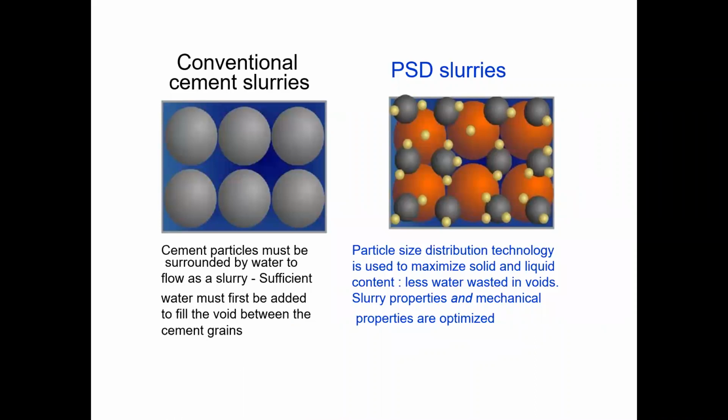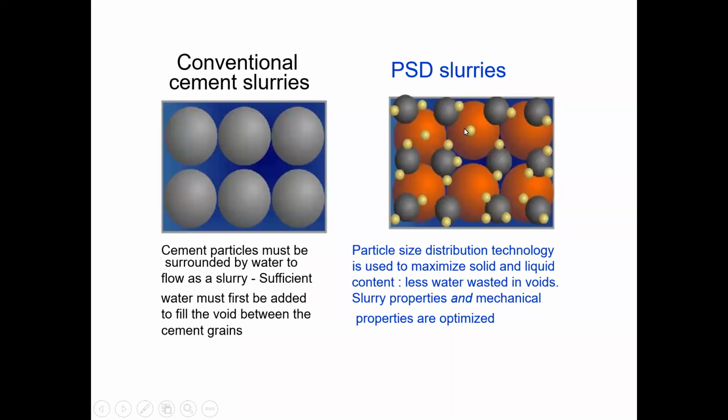So this conveys that in a conventional cement slurry, we have different cement particles, gray particles, and this is the matrix, and this is fluid. Fluid means mixed water. Okay. So what we sometimes add nowadays is particle size distribution, with different sizes of particles. In ONGC, we are using silica fumes, because the solid fraction increases, because there are more solids if you are using different sizes of particles.